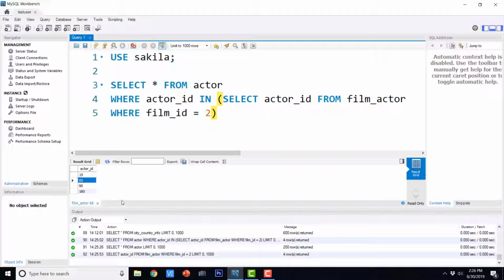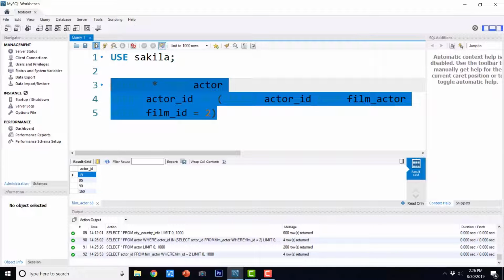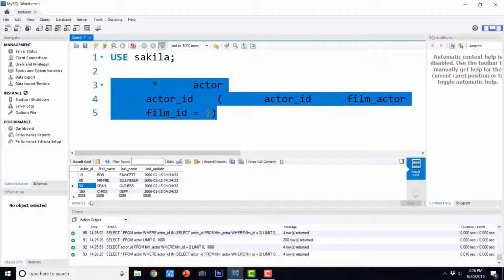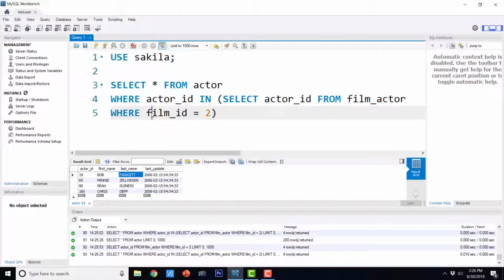We have got only 4 actor IDs, I guess, so it shows us the details of all these 4 actors. This is how we can use subqueries to find data where we cannot anticipate the values in the where condition. It might require working on 2 or more tables.